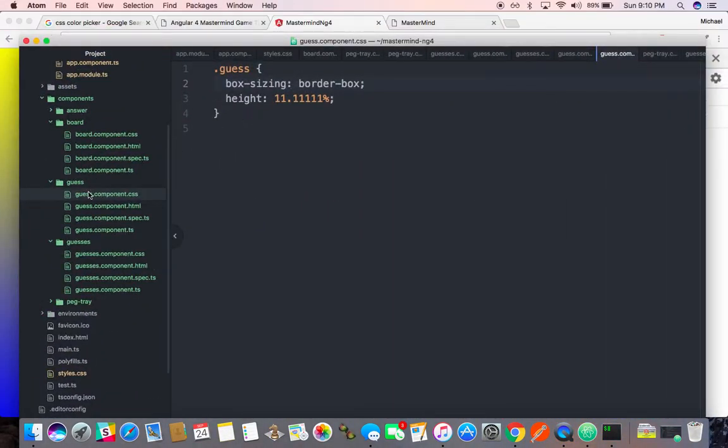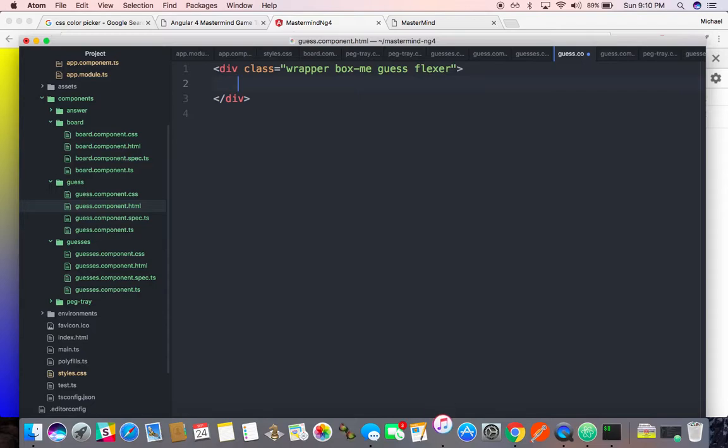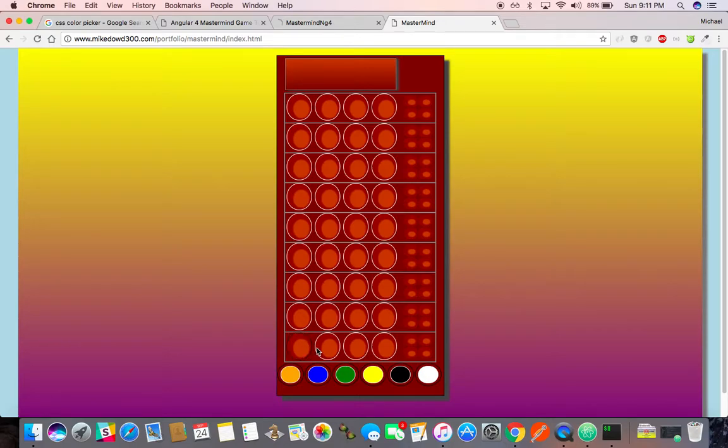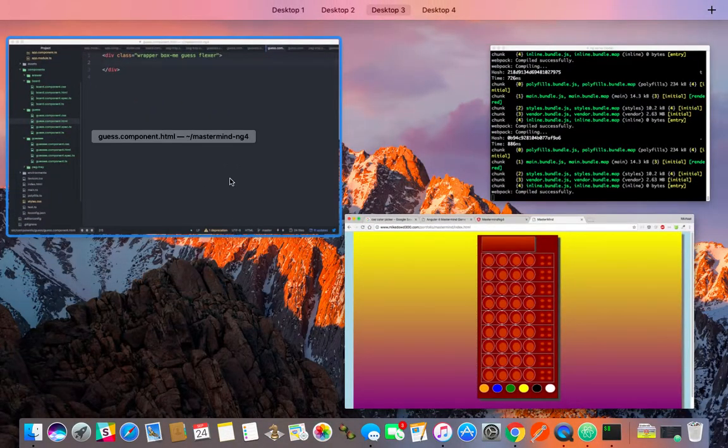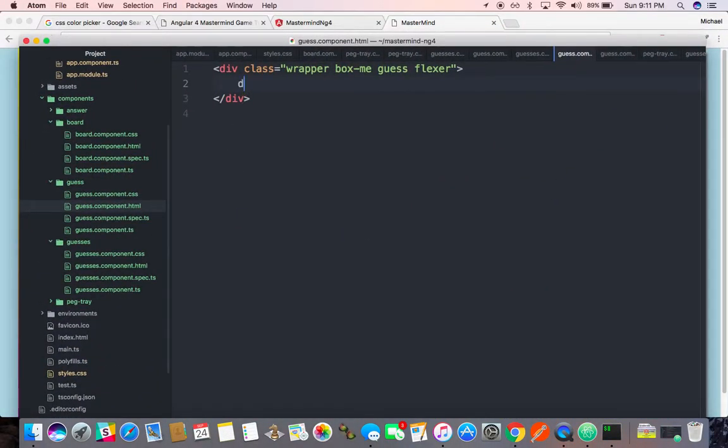Now let's go back to our HTML. What is it going to have in there? Well, it's going to have 4 guesses. It's going to have 4 divs. And actually, we'll just peek at this. It's going to have these 4, but it's going to have these 4 as well. So what I'm going to do is put these into 2 different divs. So div,